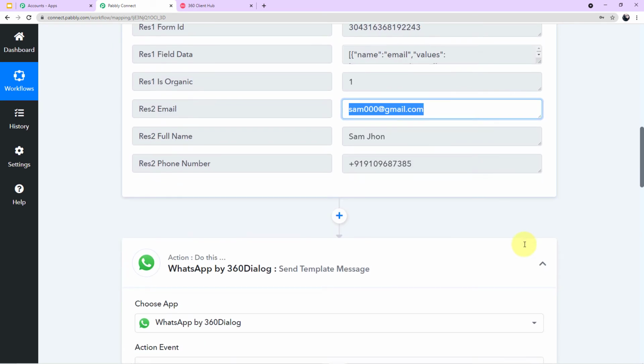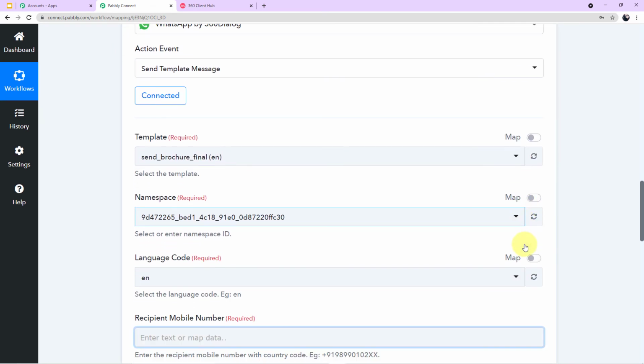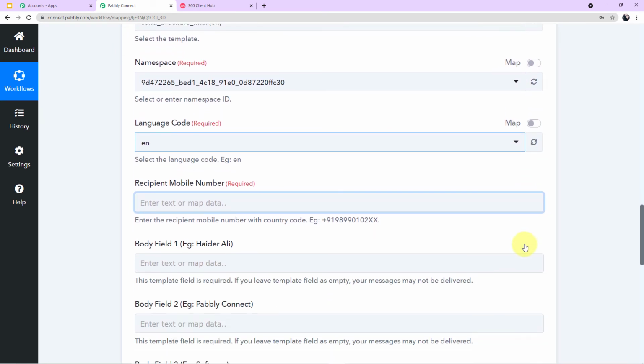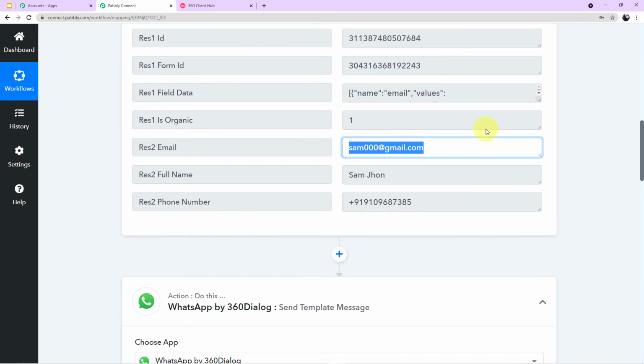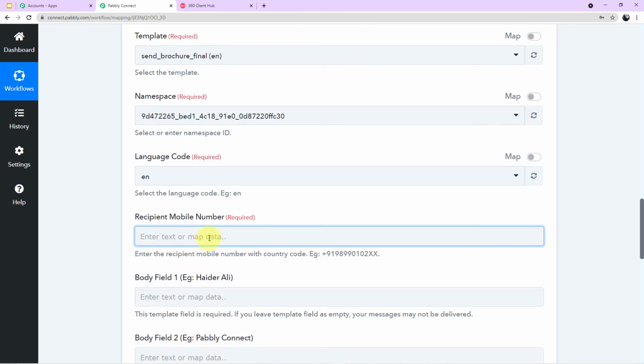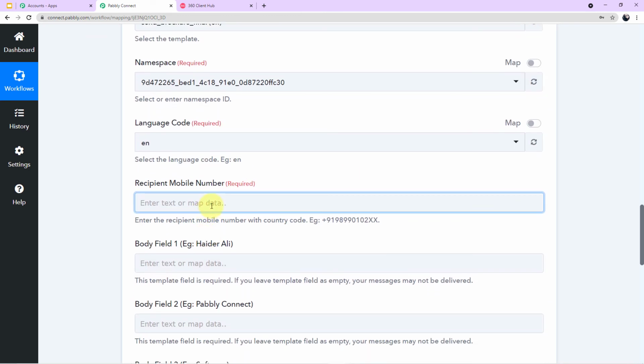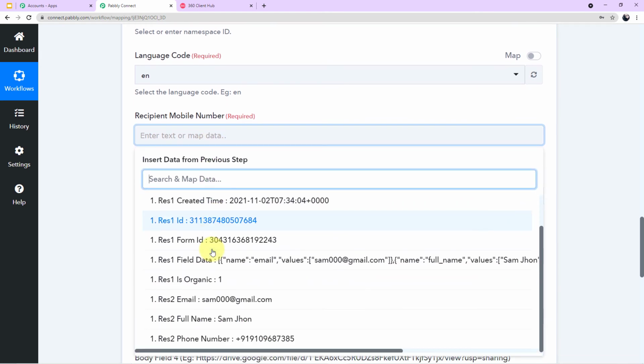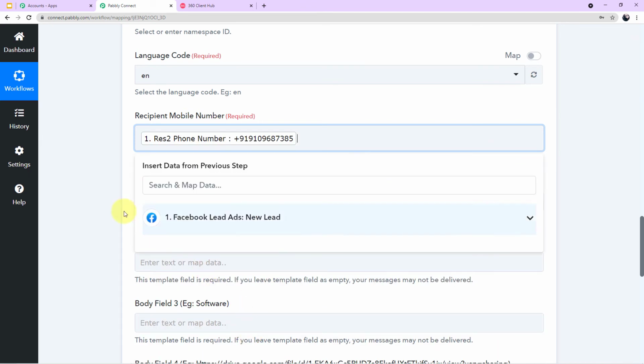Now, this feature of mapping data is given to you by Pabbly Connect because whenever you are required to fill up the fields, you need not go up, search for the value, copy it, then come down and paste it here. What you can do instead is simply map the data. How? Click on the search field, come down to the responses and search for the particular value. It is asking for the mobile number, so I'll choose the particular mobile number.